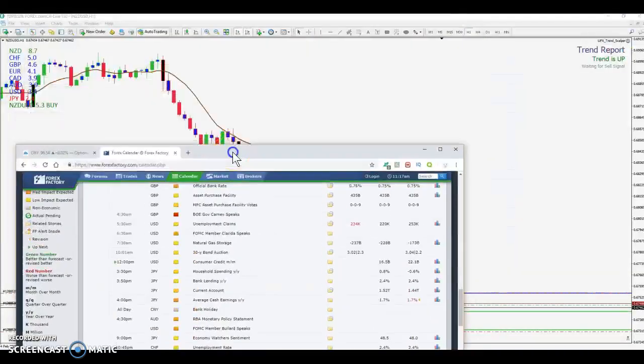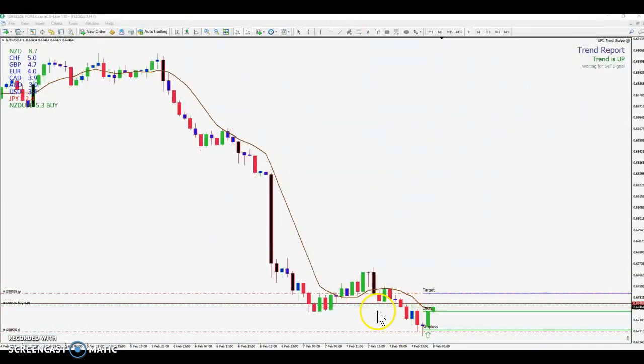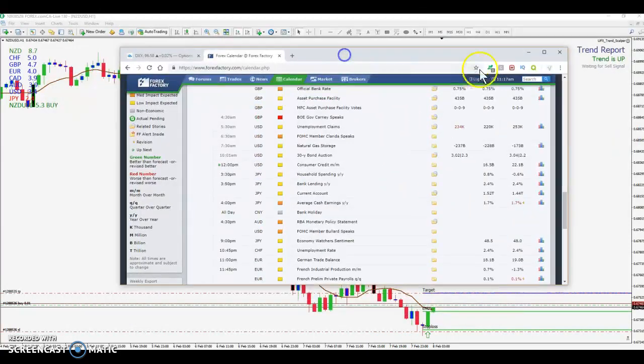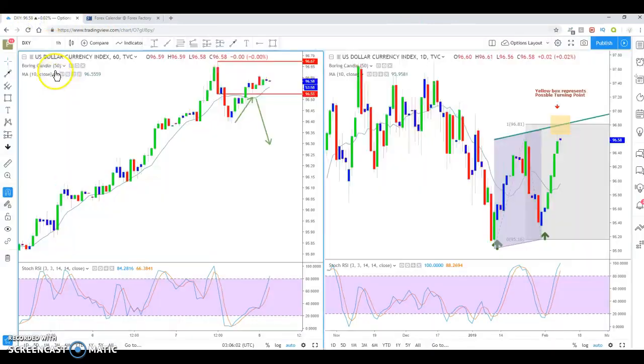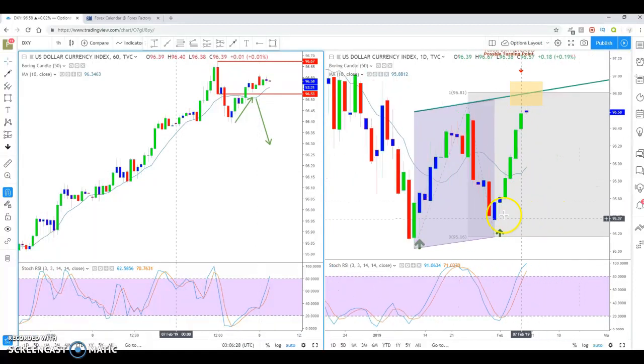Another reason I want to stay in a buy trade for the New Zealand dollar is when I'm looking over at the DXY, which is the US dollar currency index. I've posted this in the Telegram room, and this is just my outlook on it. As you can see, we've got a high right here. We're coming up to make a double top here. We might come up further into this area. And this is just my interpretation of where we might have a turning point and come back down. We've had a good week. As you can see, the beginning of the week, we had higher highs, higher lows, higher highs, higher lows, and they're strong.